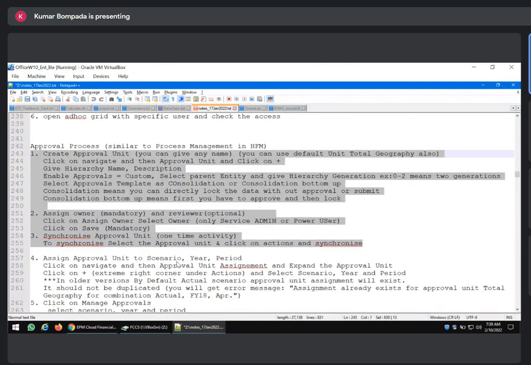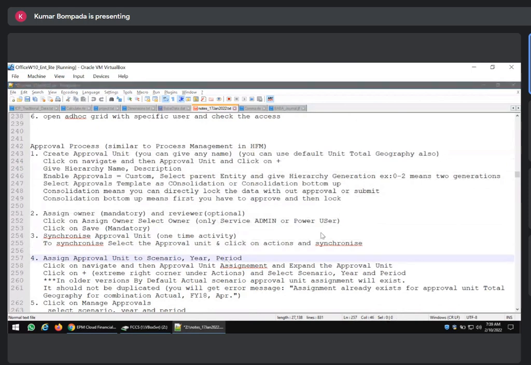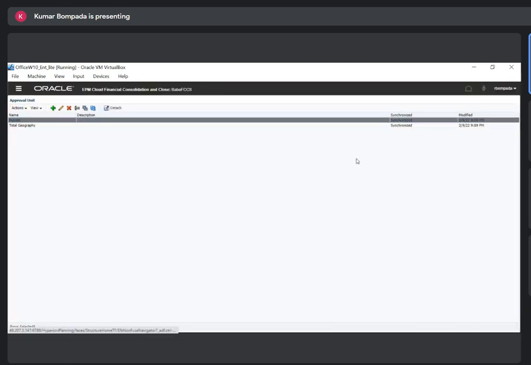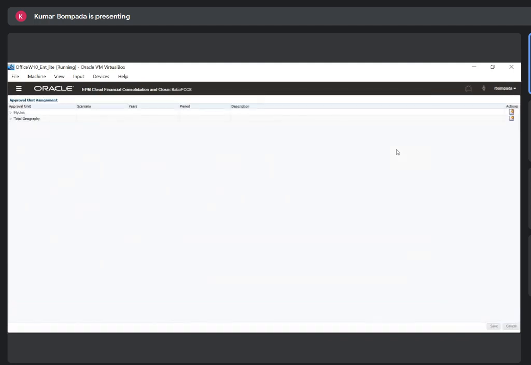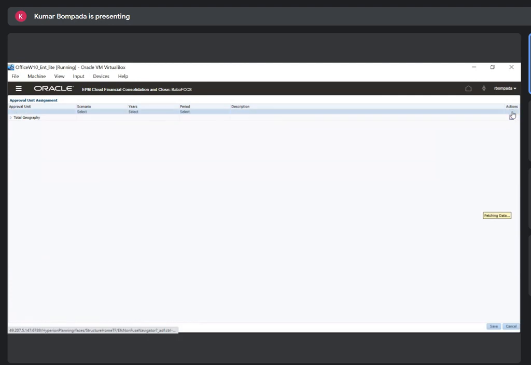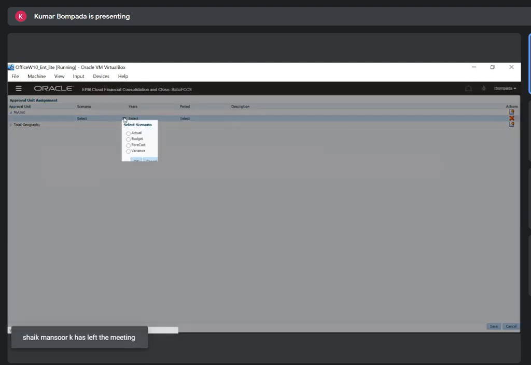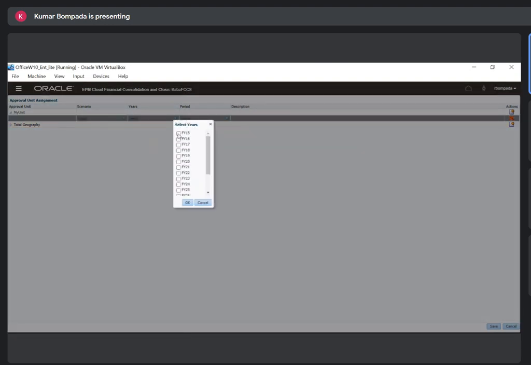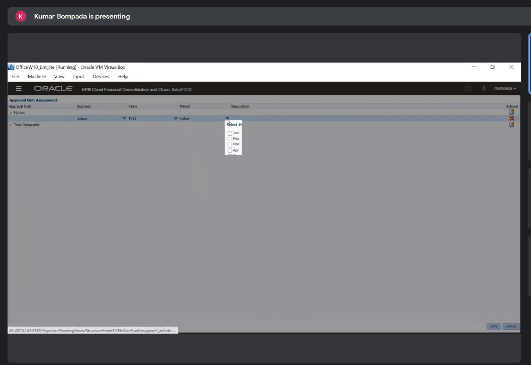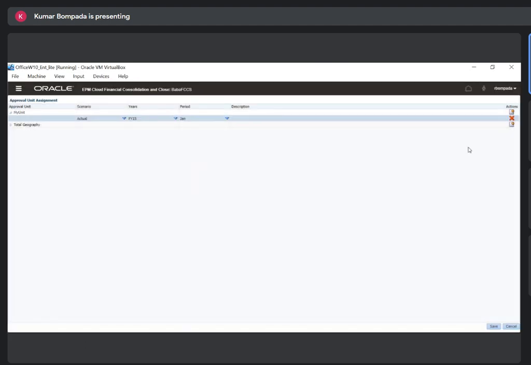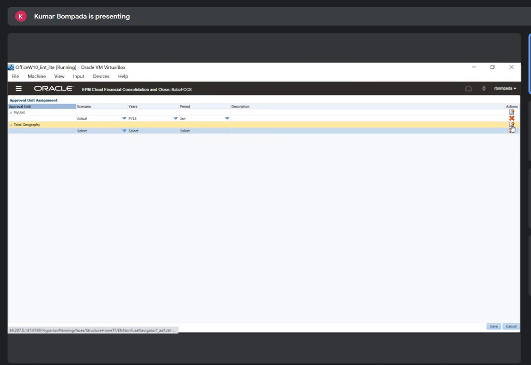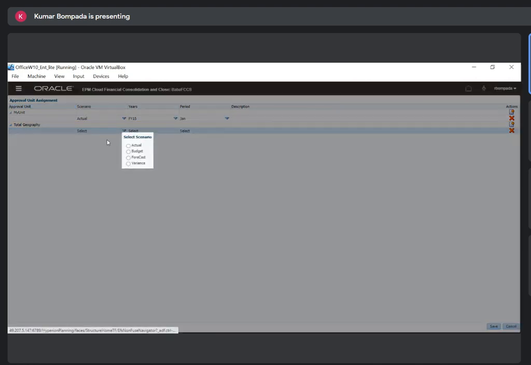Next, assign approval unit to scenario, year and period. So click on navigate, approval unit assignment. Here for my unit, you have to click on this actions button, select scenario, actual, select year. Every year and every month you have to save this one. Done. So this cannot be duplicated. So here if you have another thing, it cannot be duplicated. See, actual,